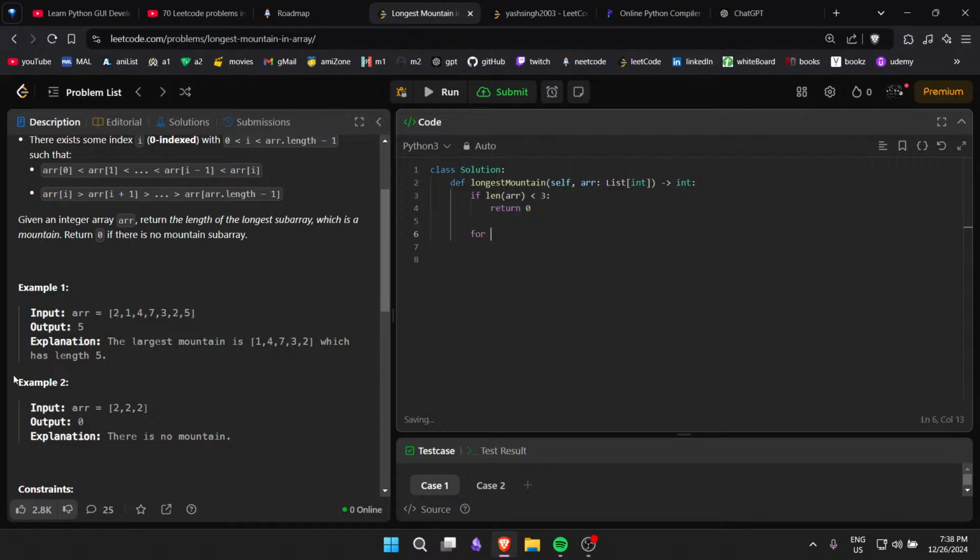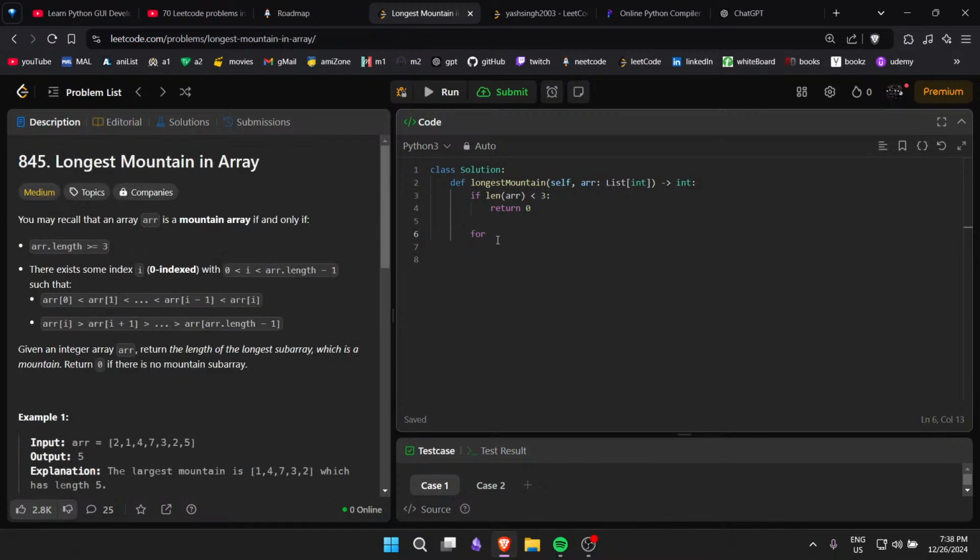I'm not really sure how to do this question actually. Oh yeah, I think if I'm using 2 pointers, then I can just have 2 different counters for each particular pointer, where it will just calculate the count of the maximum number. So we could have 2 pointers, p1 starting at 0 and p2 starting at len of ARR minus 1 for the last element, and then while p2 is bigger than p1,